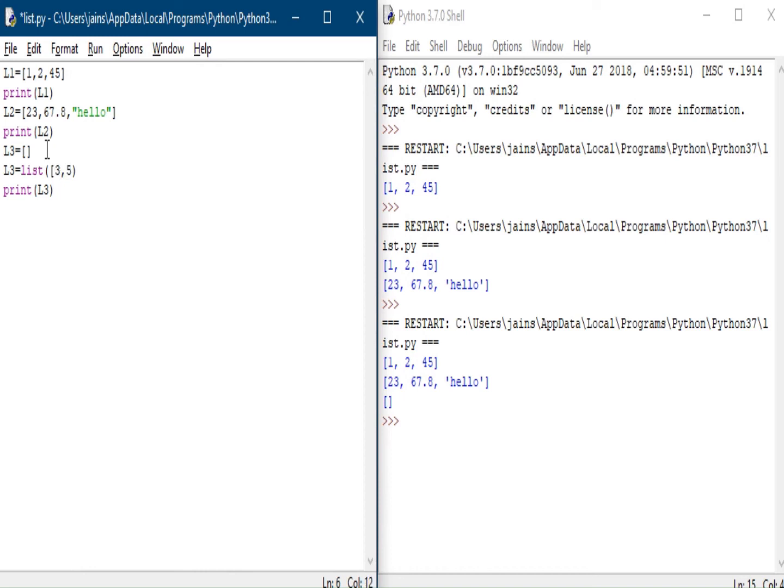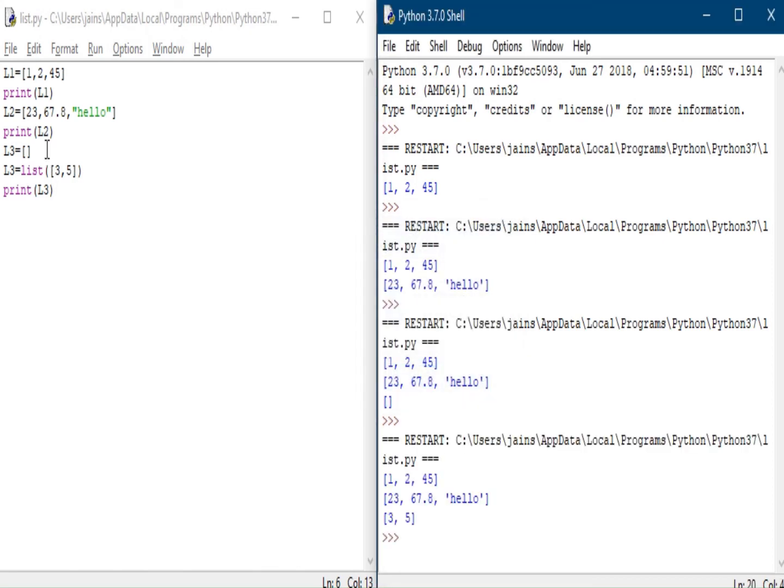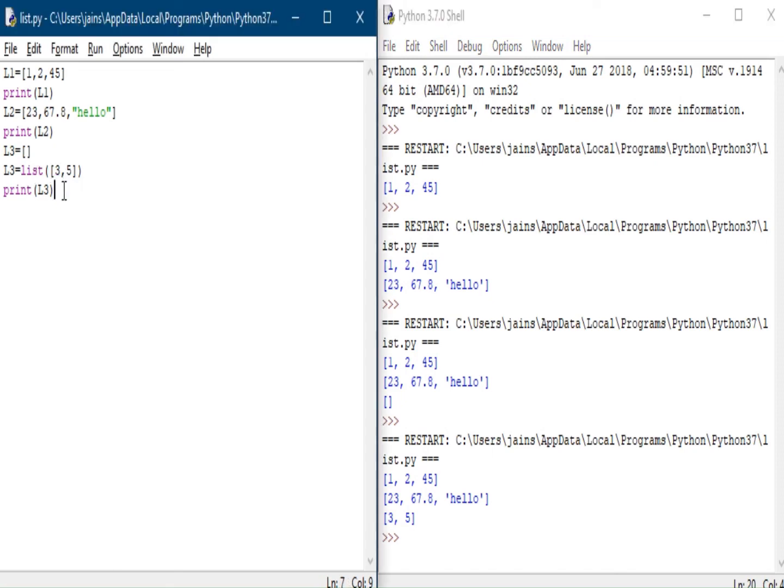I am adding just two elements, 3 and 5. Close the square brackets. Now again press the F5 key to see the output. Now you can see the third output is showing 3 and 5 because we have added two elements to the list L3 by using the list method. So this is how we can add elements to the blank list.